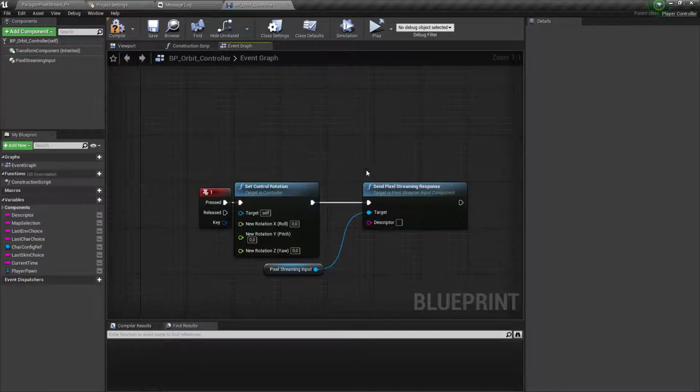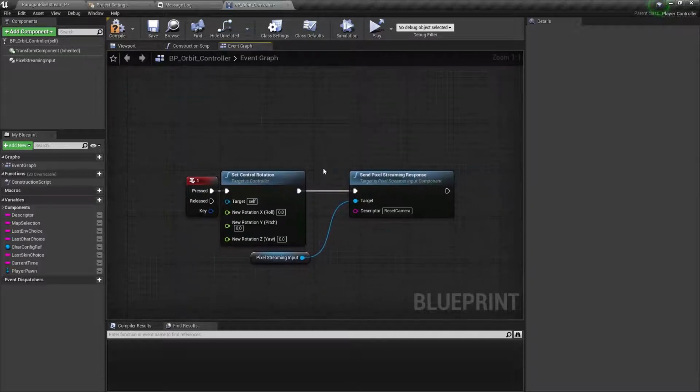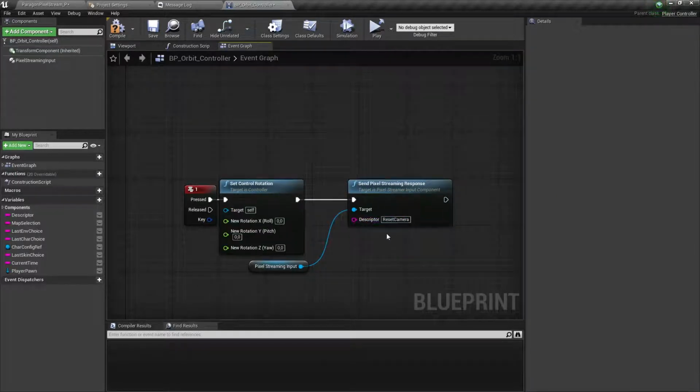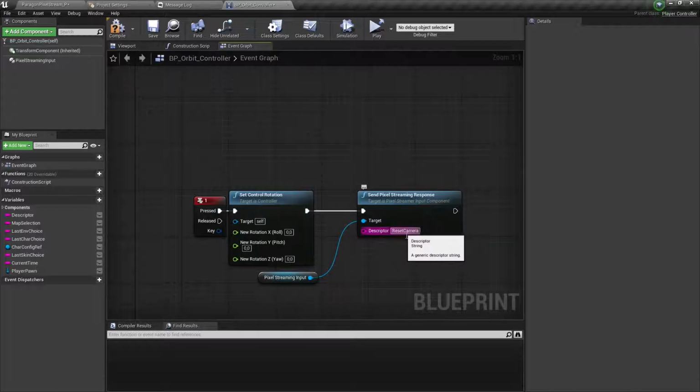So just connect that and make a descriptor string value. In this case, we can just say reset camera. What we have to do now is in the JavaScript document, this must be received and change the slider value and the text value. So let's do that next.